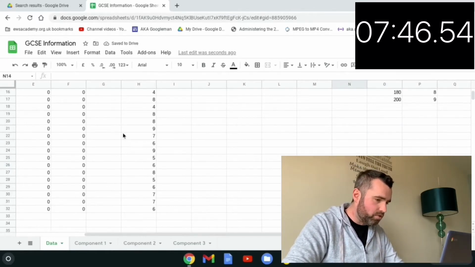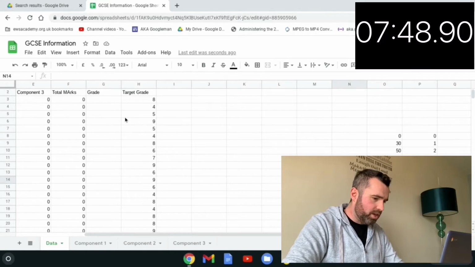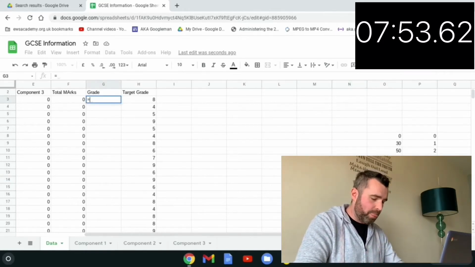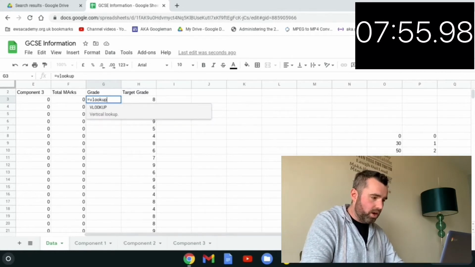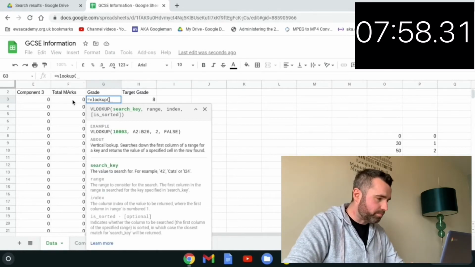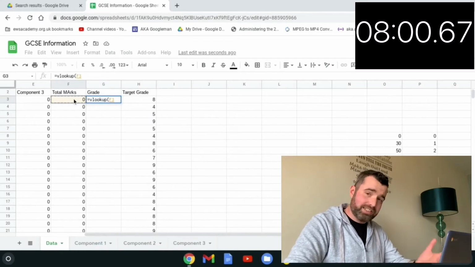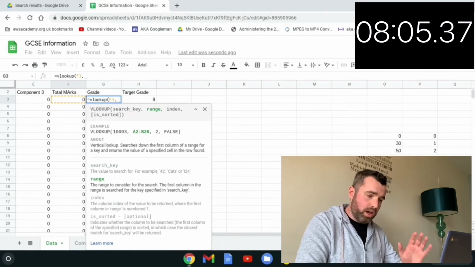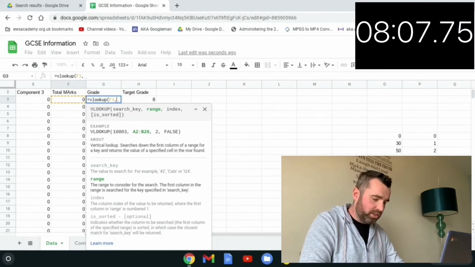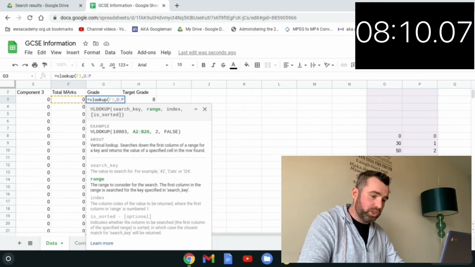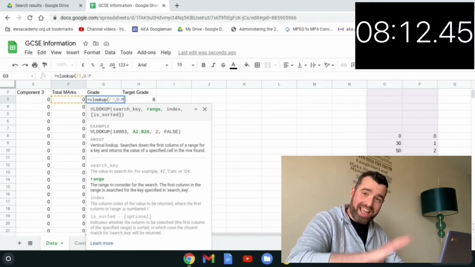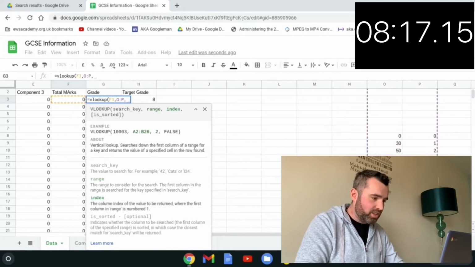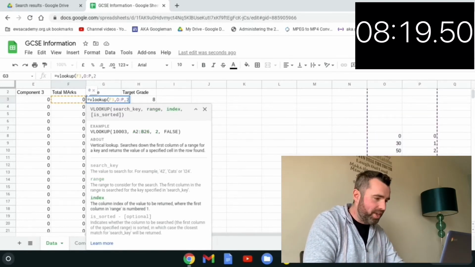So in my grade, what I need to do here is I'm going to use a VLOOKUP. So equals VLOOKUP. What this is going to do, I'm now going to tell it to look in here, because it's going to take a number from there, and it's now going to look in columns O and P. So I just need to go O colon P, and it will just look down completely down both of those. Don't put anything else underneath it, you'll get in your own way. I want to tell it that it's a 2-column table, so I put a 2 in there,